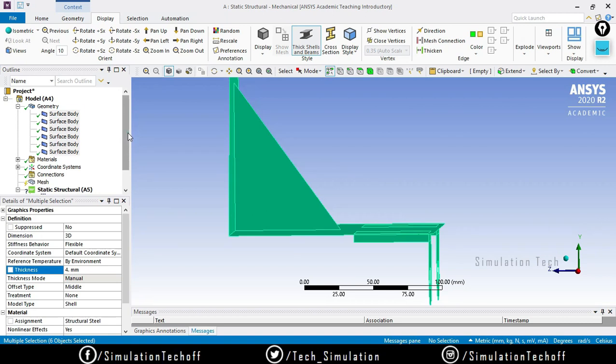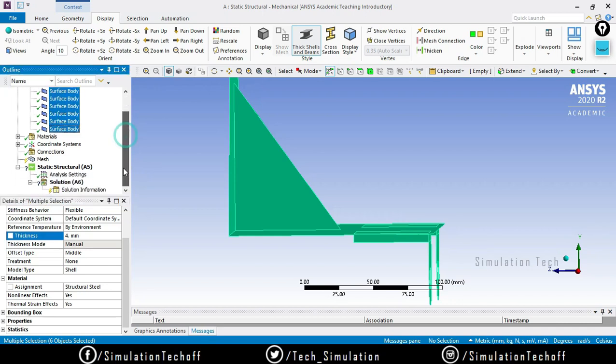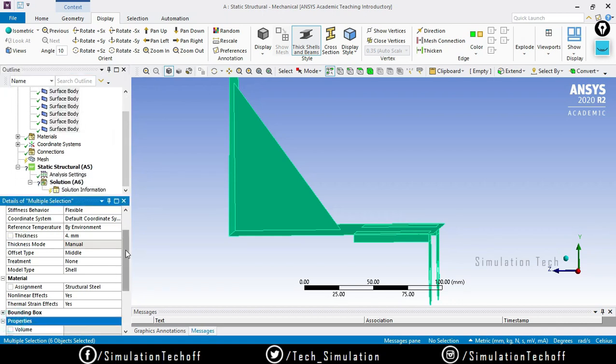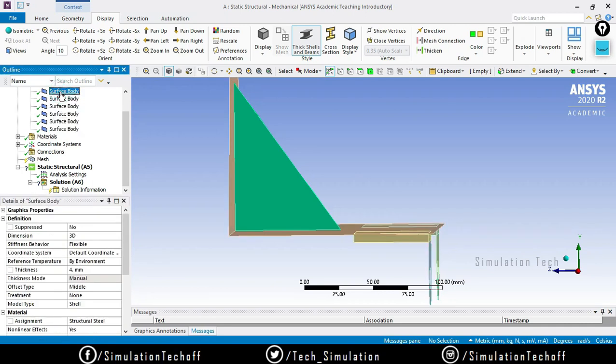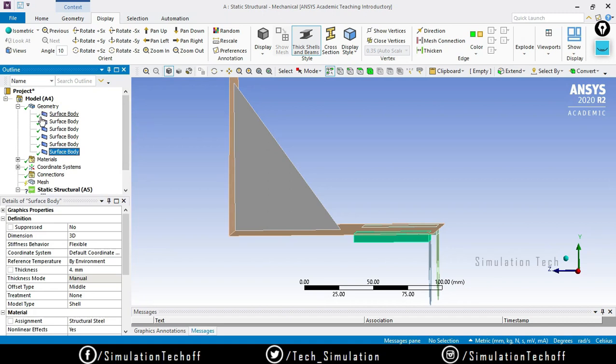If you want to change it, you can change it also, and make sure the assignment of material is correctly assigned or not. In this case it doesn't matter whether any material is assigned or not. Structural steel is always assigned, and just check the properties, whether all the values are positive. Okay, so there is no issue at all. And the next thing is, if all the surfaces have a green tick, everything is okay, you can go for the next step.